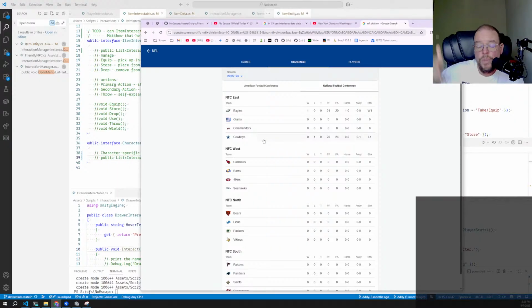They got not just to the playoffs, but to the playoff game that is the game before the Super Bowl. Whereas the previous season, out of 17 games, I think there's 17 games in the season,